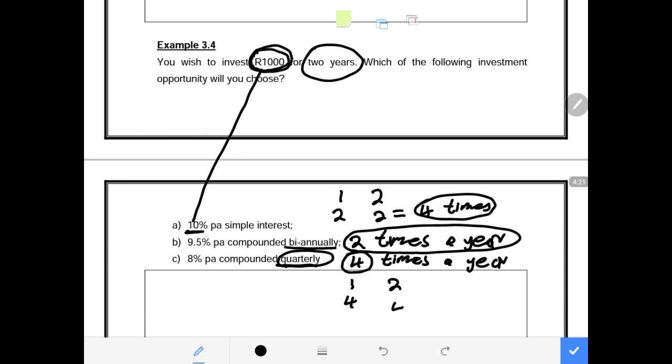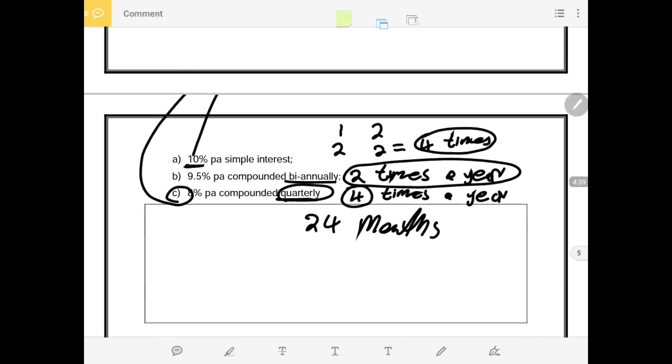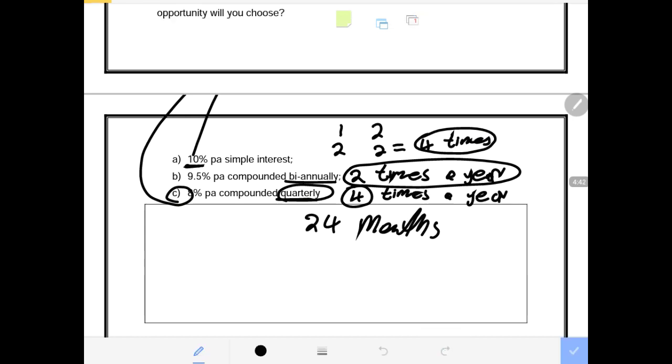And I just want to bypass this, although I will deal with it mostly in example 3.6. We have a period of 2 years. I want to align that 2 years with number C. We know that 2 years is 24 months, and I did highlight this in passing in the previous example, which was 3.3. If we are given N as 24 months, we don't have to worry about converting it to 12 months. We can say, if our N is 24 months, then we can divide this by